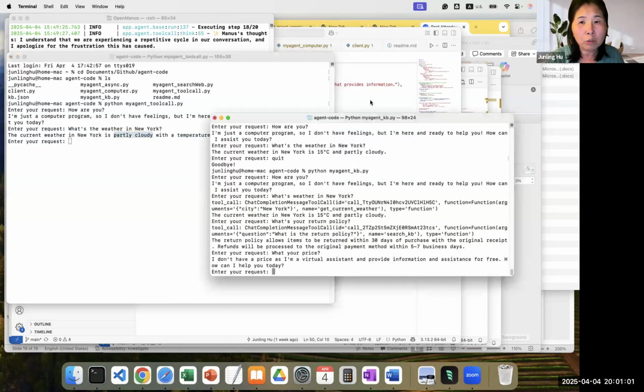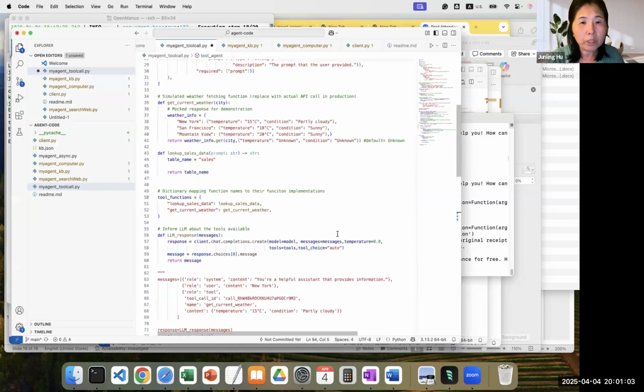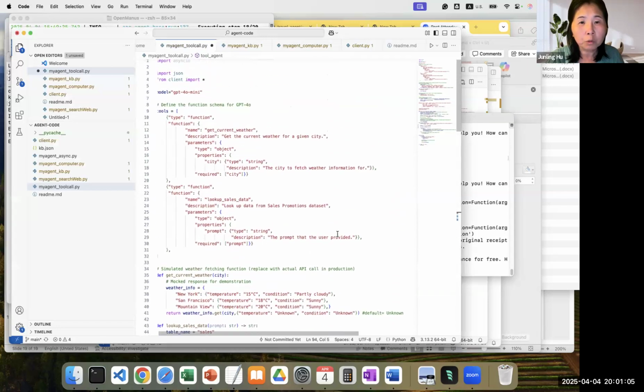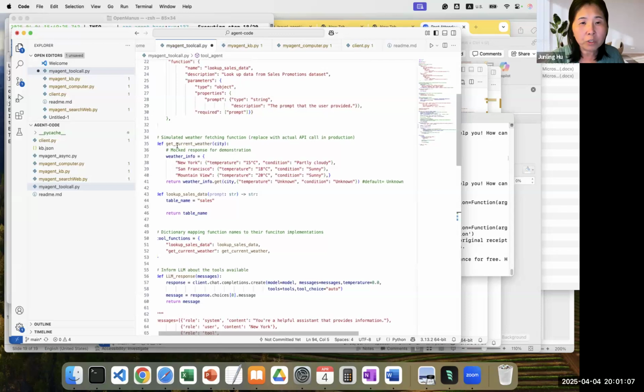Now if you come back to the code, you can see here I defined the tool inside get current weather. I actually put down these attributes here. Of course, inside here you can do a web search. You can take the city name and go out to do a search. But what I'm illustrating is that it's actually calling these tools.